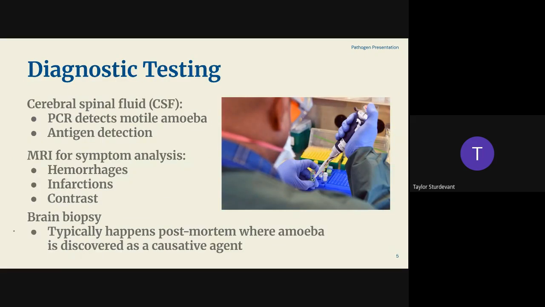Diagnostic testing is tough with N. fowleri. There's a couple things that can be done to determine if you have the presence of this amoeba in your system. Typically, cerebral spinal fluid samples can be taken. You can do PCR to detect the actual motile amoeba in your system. You can also test for antigen detection. Cerebral spinal fluid samples are not as widely available at all healthcare facilities, which makes it